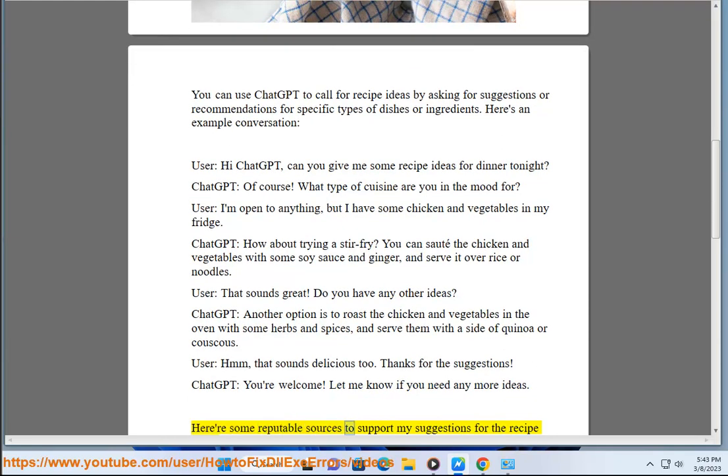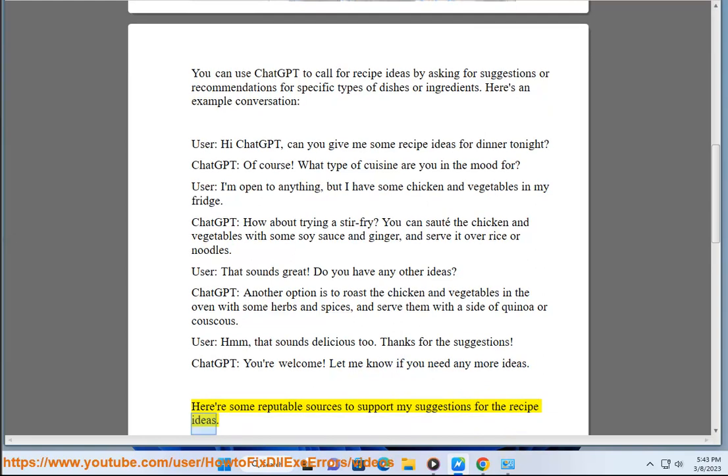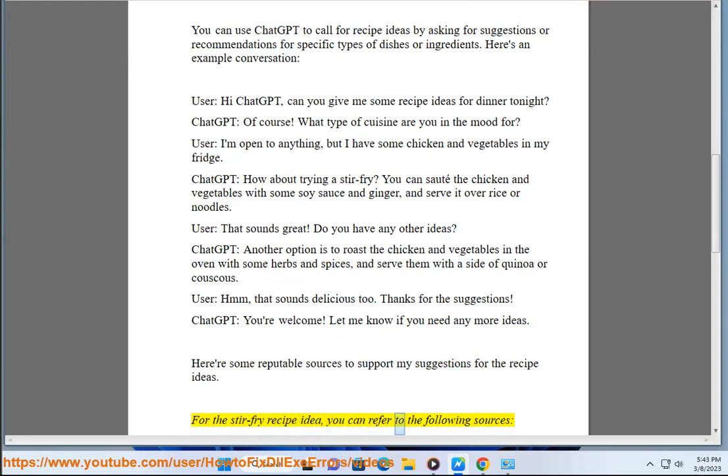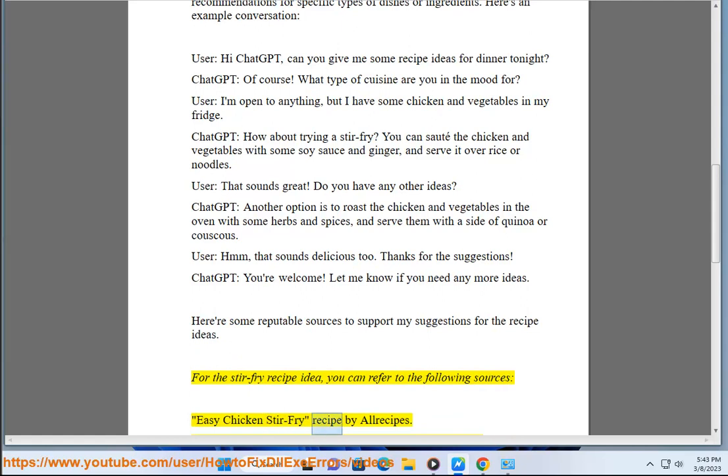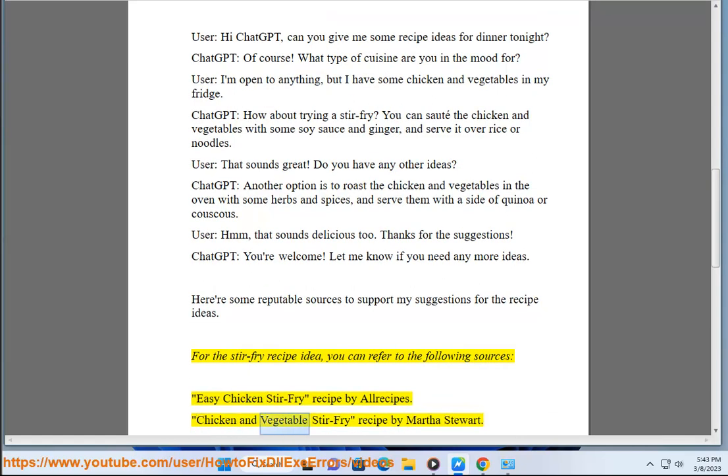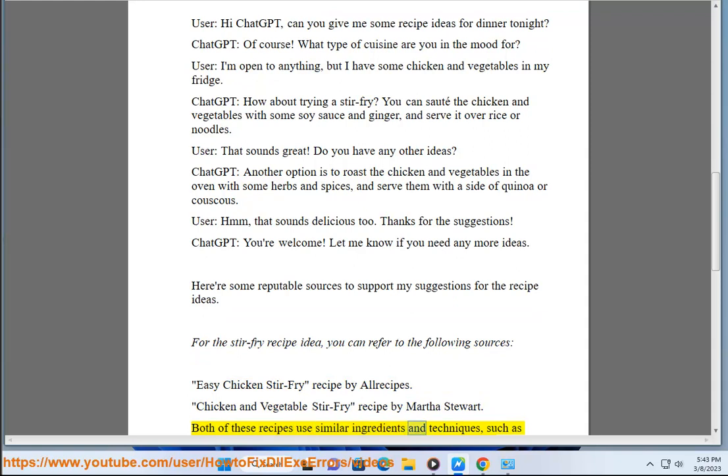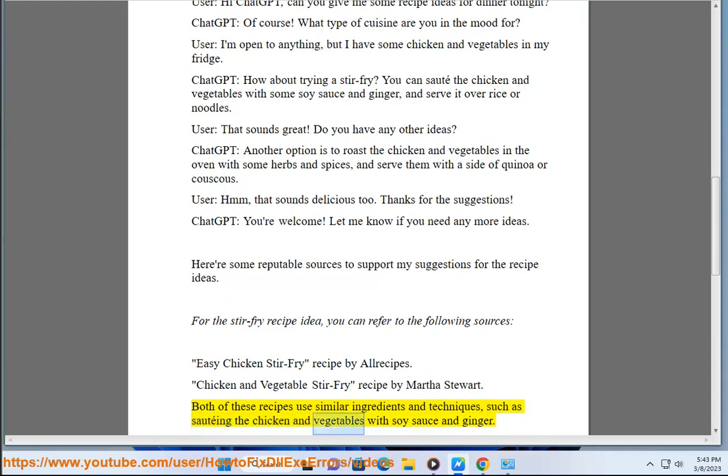Here are some reputable sources to support my suggestions for the recipe ideas. For the stir-fry recipe idea, you can refer to the following sources: Easy Chicken Stir-Fry Recipe by All Recipes. Chicken and Vegetable Stir-Fry Recipe by Martha Stewart. Both of these recipes use similar ingredients and techniques, such as sautéing the chicken and vegetables with soy sauce and